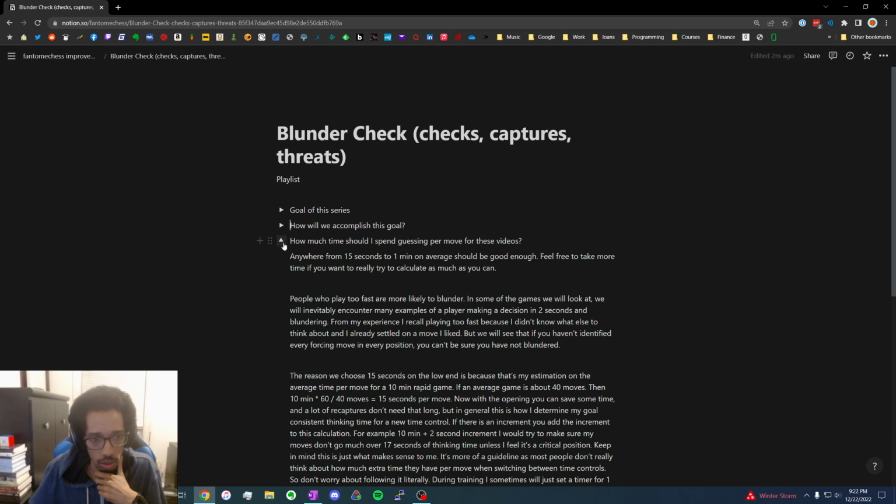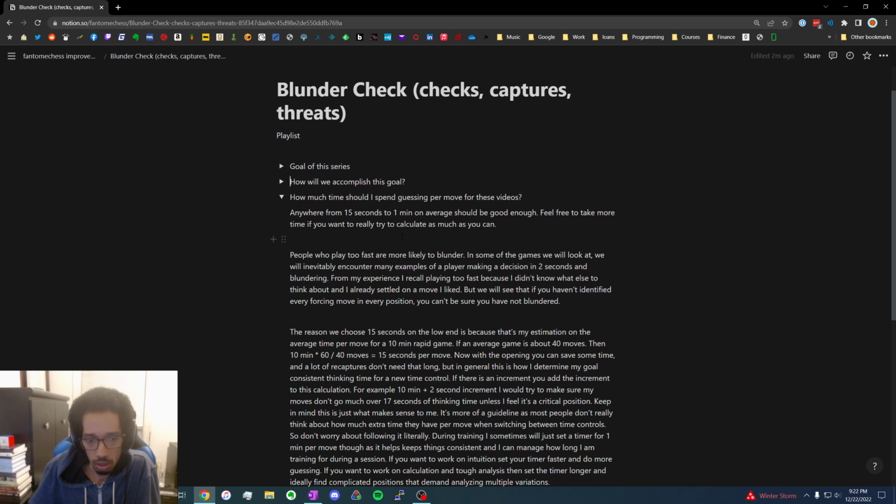So let's look. Okay, how much time should I spend guessing per move? I recommend 15 seconds to 1 minute on average. If you want to do every move 15 seconds, you can. If you want to do every one minute, you can. Or you can do more. I don't recommend doing less than 15 seconds though. And the reason is